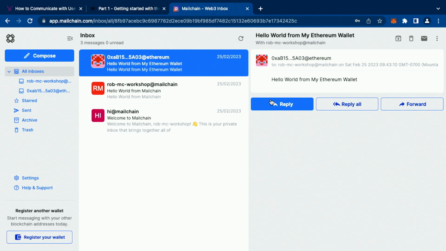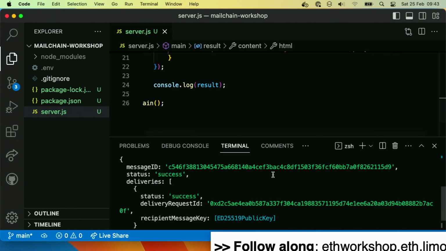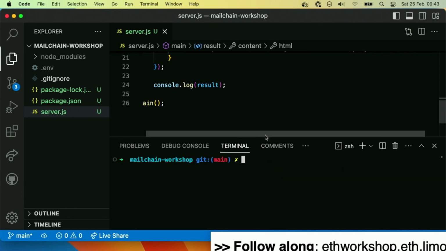Let's try sending a message to an Ethereum address. But bear with me, there's going to be a little bit of a twist in this one because we're going to do something slightly different. And this will give you an idea of things that you can do with Mailchain that are pretty helpful. So I'm actually now going to run the same command before. So I'm going to create myself